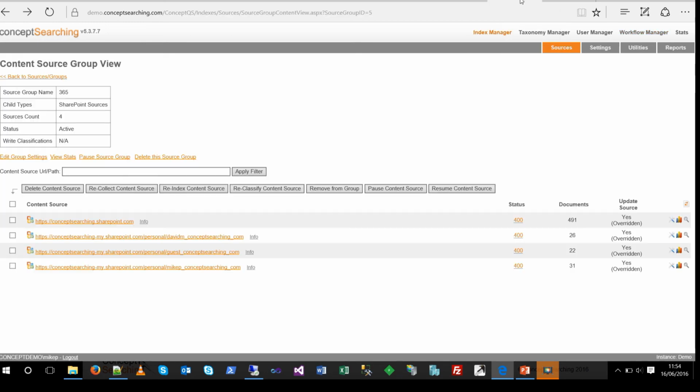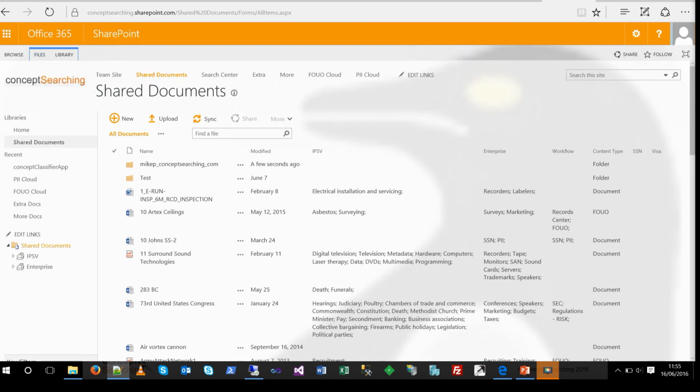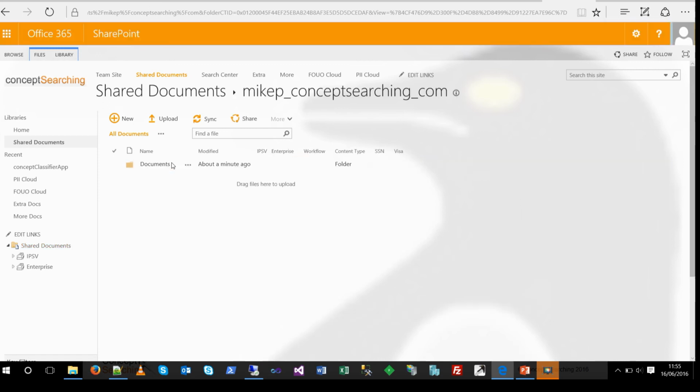Moving back across to the SharePoint environment, we can see that a new folder is being created entitled MikeP. This is where the content that Taxonomy Workflow has identified will be moved to. And it's because I selected an option to maintain the source folder structure that it's created it with this particular folder name. This is of particular importance if we're monitoring thousands of personal sites to separate out the identified content. If we drill down through the folders, we can see that several documents have been moved to the destination,